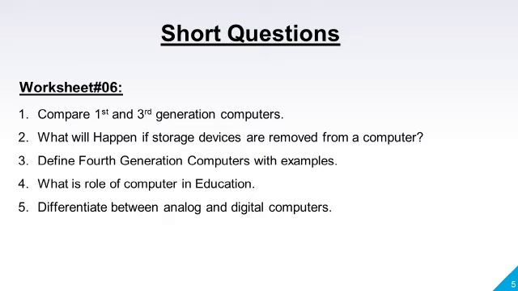Operating system having graphical user interface was developed in this generation. These computers support thousands of users at the same time, and they also support modern programming languages such as Visual Basic, C++, Java and Python. The examples of microprocessors are dual core, Core 2 Duo, Core i3, i5 and i7. And the examples of fourth generation computers are IBM ThinkPad series, HP Pavilion series and Dell Inspiron series.